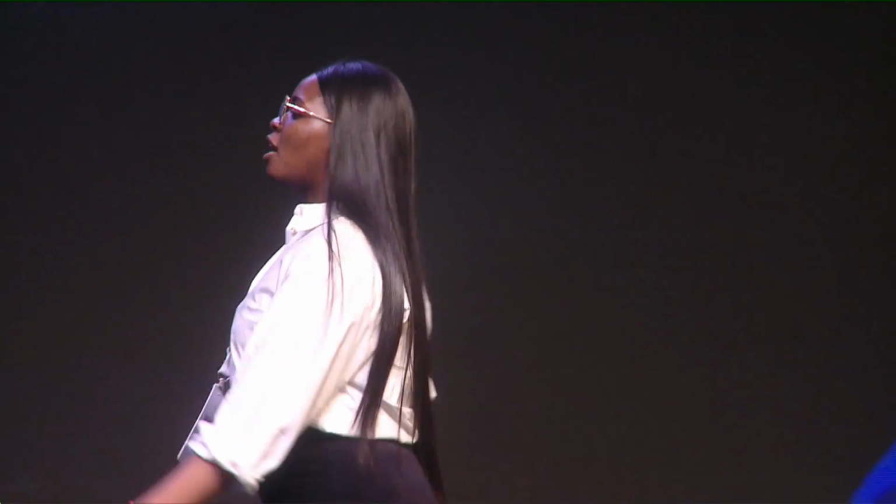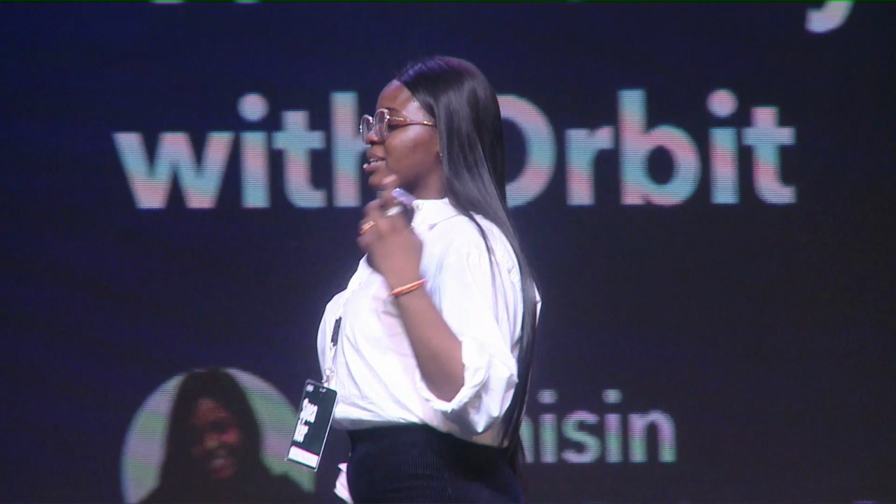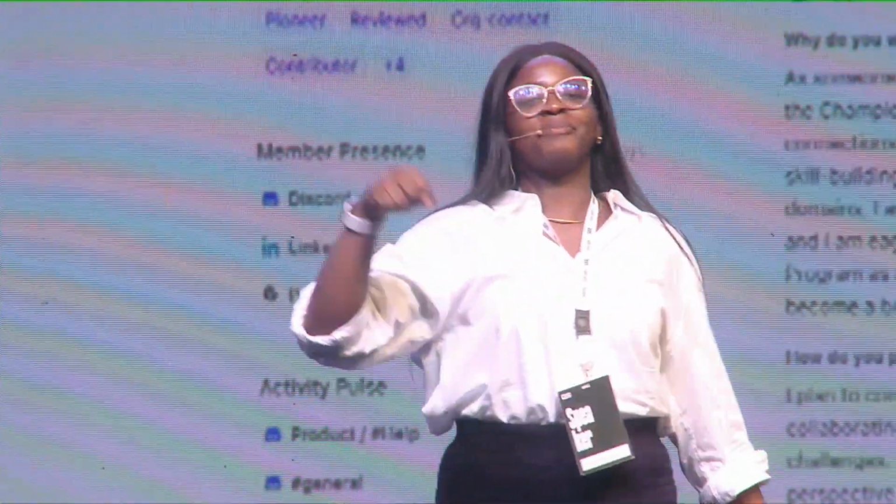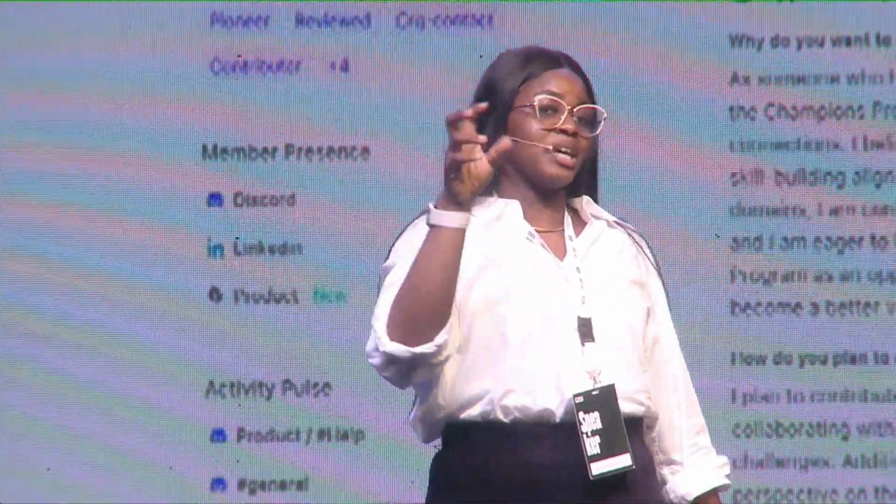So of course, for every program, it starts with the basic phase of an application and vetting. Today, people make use of things like forms, like Google Form, Typeform, and all those different kinds of forms to gather information about people that want to be members of their program. And afterwards, they want to vet this member. You definitely don't want anybody to become your advocate. You want to make sure that there are people that are active in your community. So how do you do that?